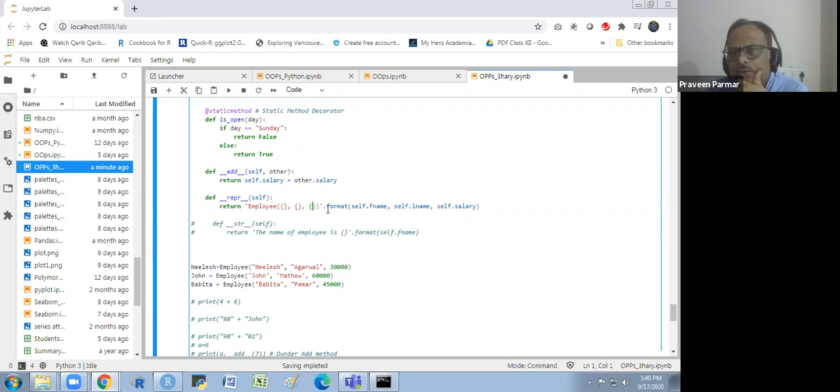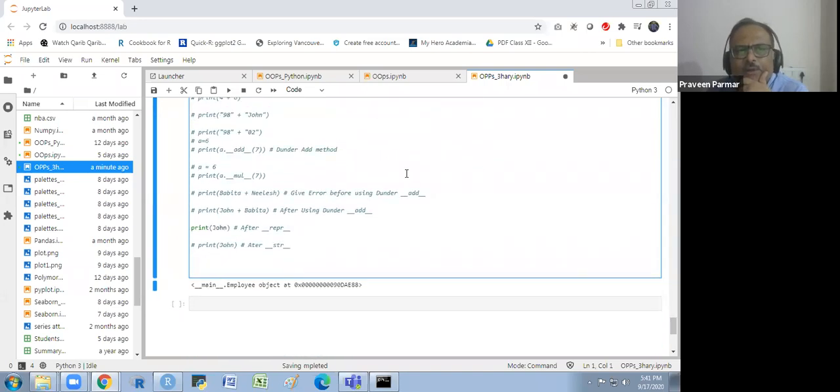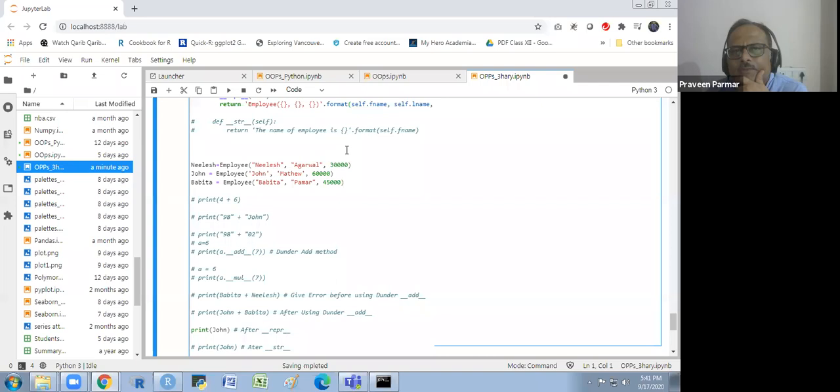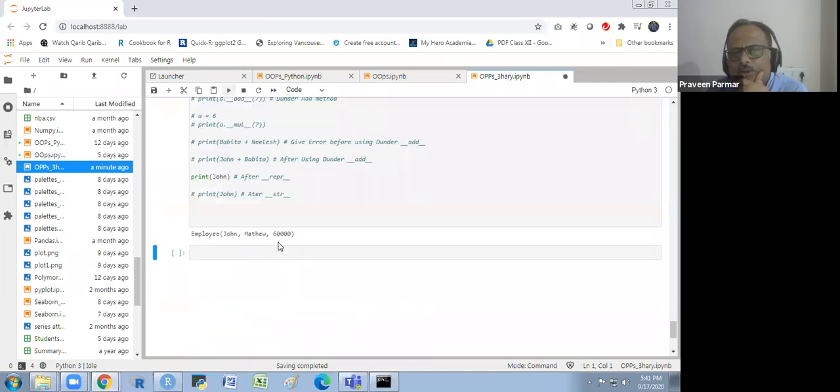So I will use dot format and the self dot first name, self dot last name, and the self dot salary would be here in these three brackets. So if I run this, look at this employee. It is giving the full information of that employee.